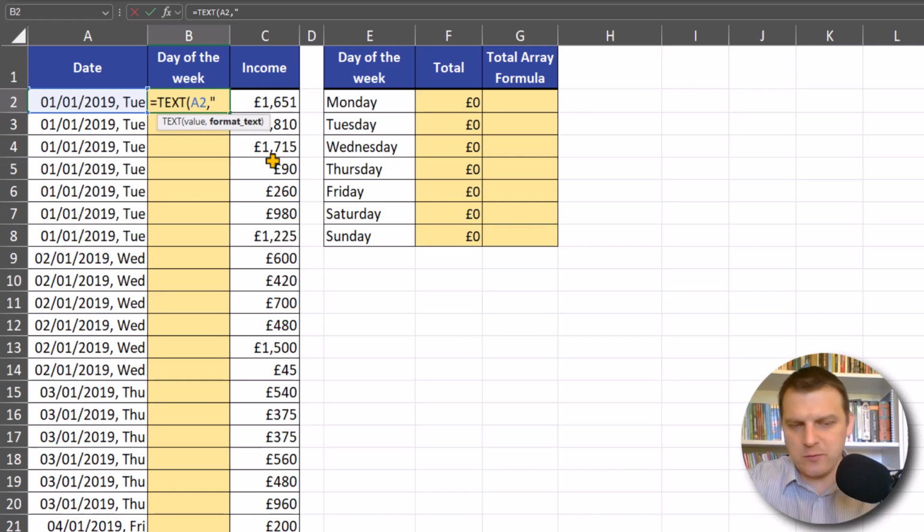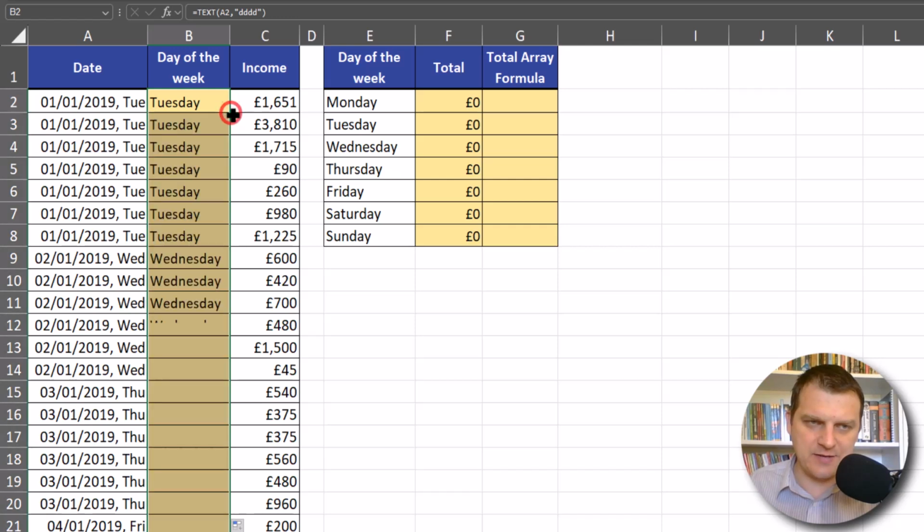So in double quotes we are writing this. We need this to get the whole day of the week. So our first day of the week in this data will be Tuesday, and we can just copy this formula down,